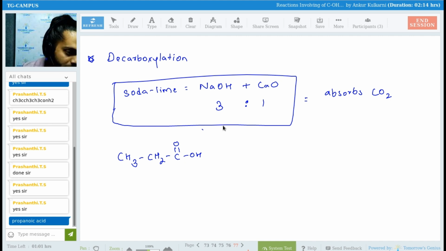Which acid is this? Propanoic acid. This is your propanoic acid. So I have this propanoic acid and I treat it with NaOH